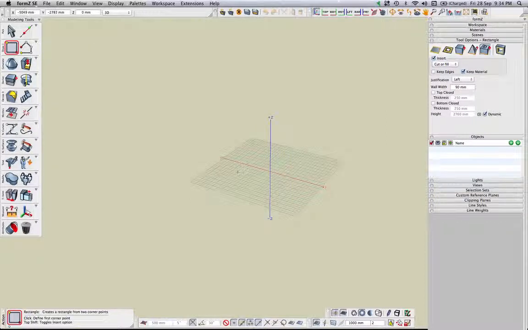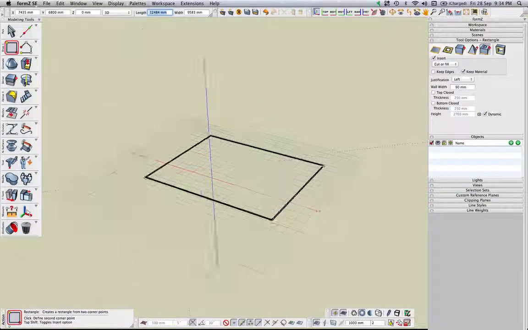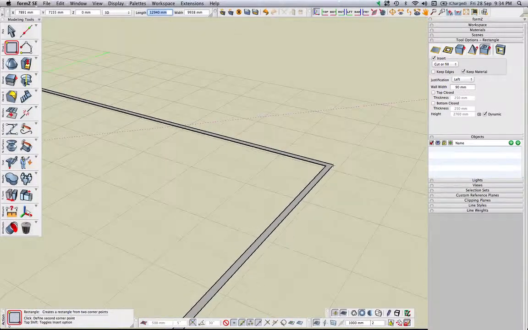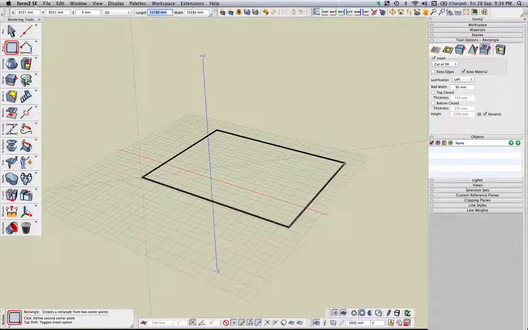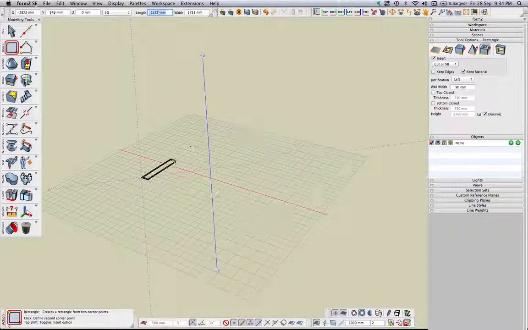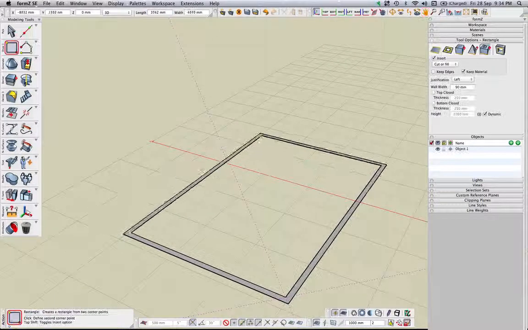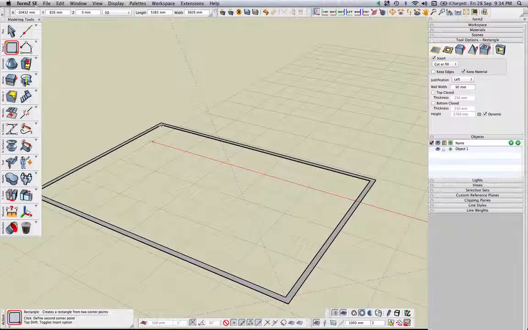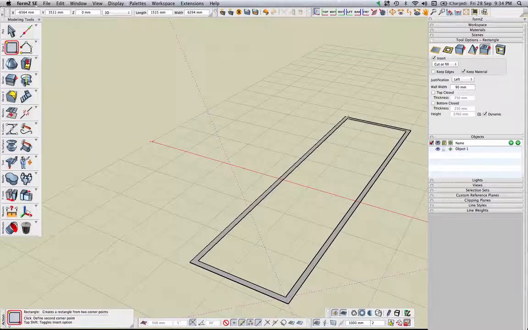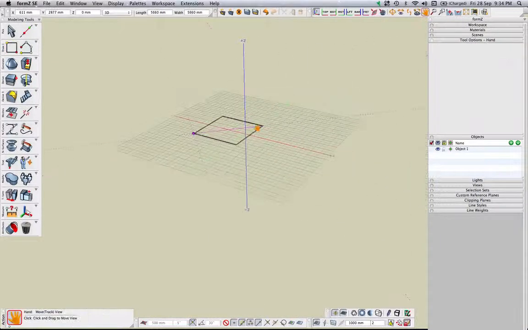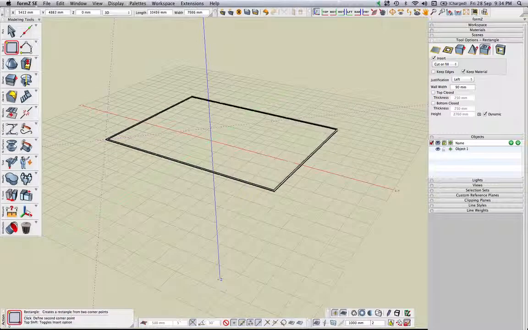I'll just start the rectangle anywhere that you like, and you can start dragging out the rectangle, and I'll just zoom in here so you can see what's happening. As you see here, I'm drawing the external perimeter of the rectangle. If I click on the right of the screen and drag to the left, you'll see we're drawing the inside of the rectangle. That's all driven by the fact that we set our justification up to be left. So if I go back to dragging out from the left towards the right,